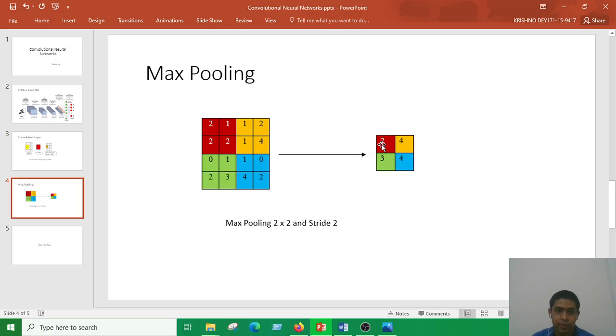Another thing we use is max pooling. Max pooling is basically used to reduce the dimensionality of the input image, so the computational time and cost decrease. It helps us reduce the computation time of a model. The basic idea here is we use a 2 by 2 max pooling with a stride of 2. It's just like filtering. We take the first 2 by 2 block, and we